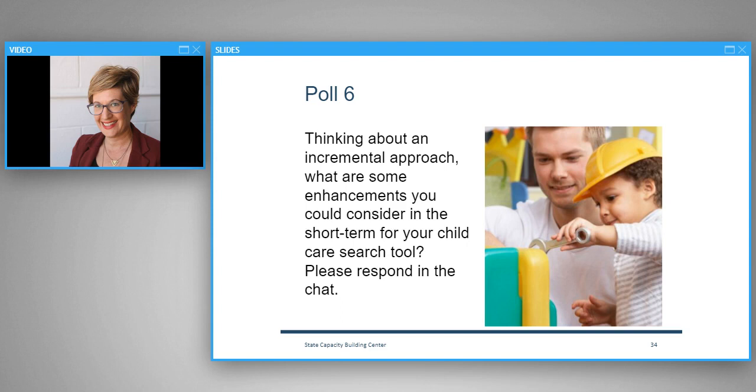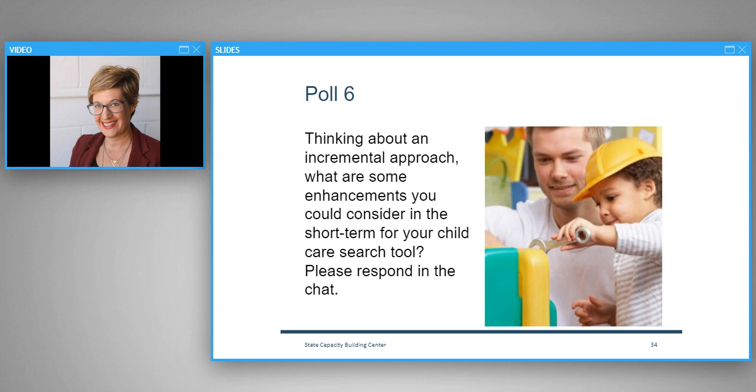So I think when we're talking to state administrators and program leaders and design, a lot of times there's the big vision, right? Here's where our search tool is now, and here's where we want it to be, and it's a totally different product, or it's just got a lot of additional bells and whistles. And so we really want to encourage you to think about, what are those small achievable wins? What are information buttons that you could add to some of your search criteria that would just pop up and guide the parent through a little bit more detail of the search,